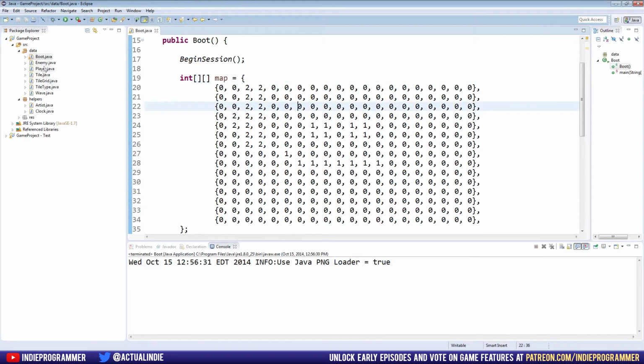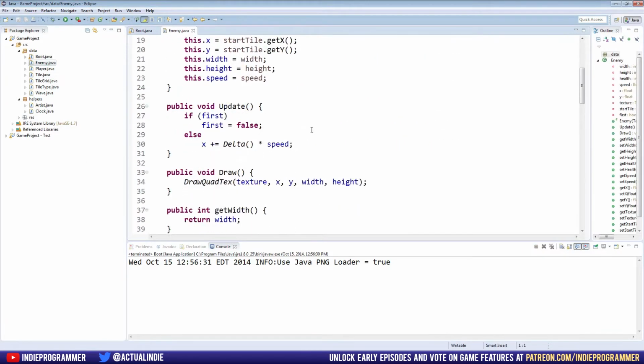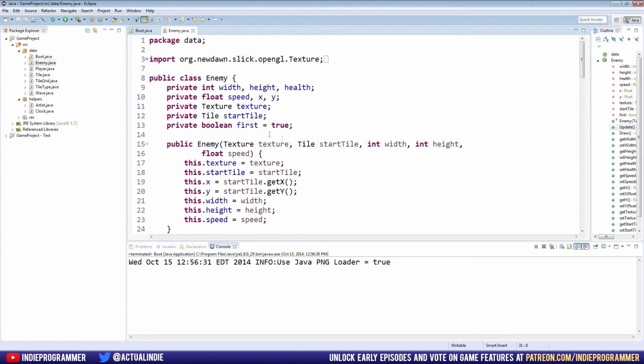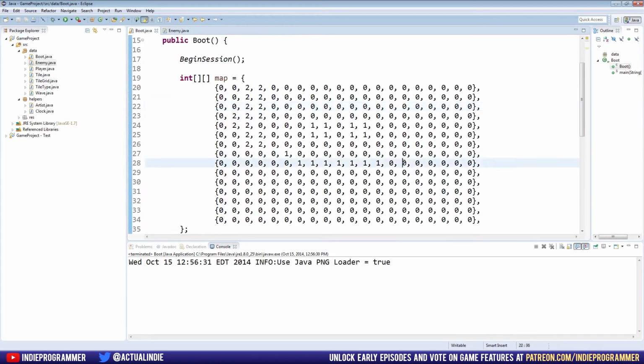So let's go to the enemy class here. And inside of our update, it's very basic. Pretty much we're saying the first time don't do it because our clock messes up, and then every other time after the first update, just move to the right. So the first thing we're going to do is